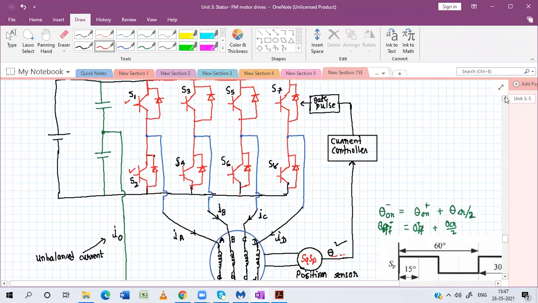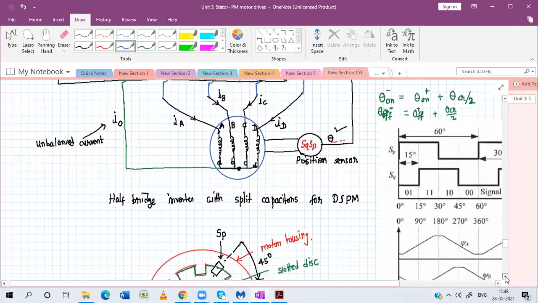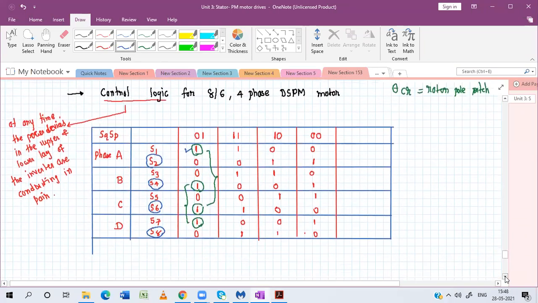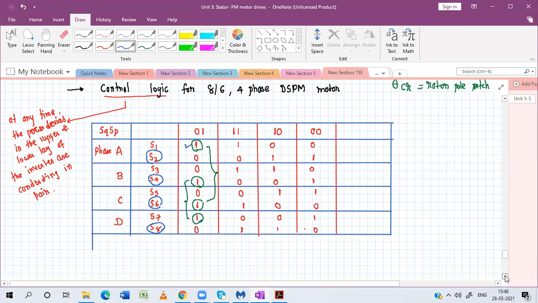According to that the particular phase will be conducted by switching on these particular devices. For example, if S1 and S6 are on, then phase A and phase C are conducting. So if the optocoupler has a 0, 1, phase A and phase C is conducting. If we see the waveform,